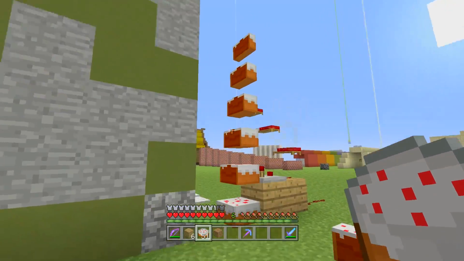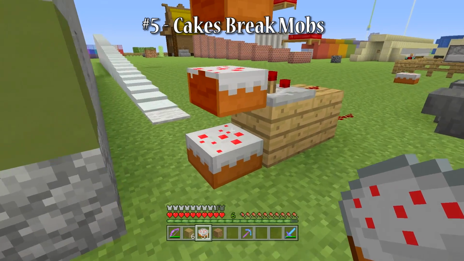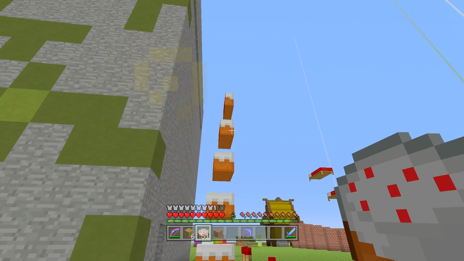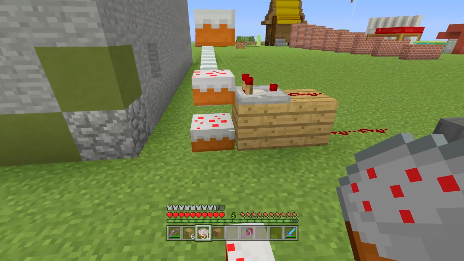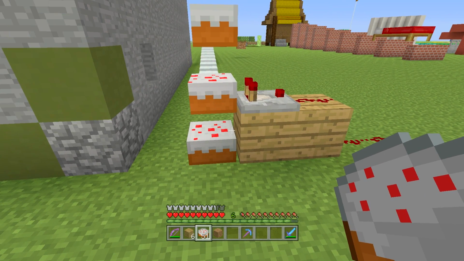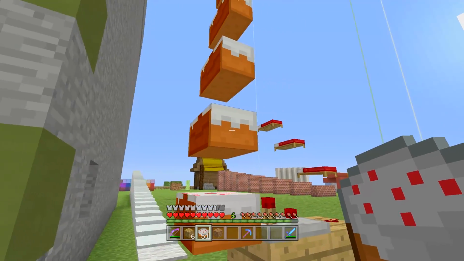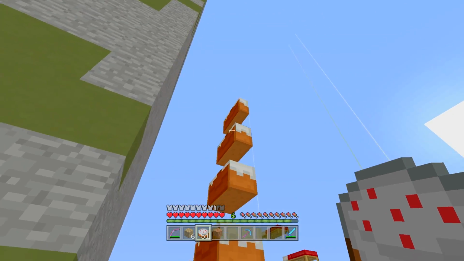But one of my favorite things you can use this for is if you eat 1 slice of cake extra as you go up, you can actually make a cake staircase, and it's the thinnest staircase you can make. So this is 6/8 of a block wide, or 7/8, you get what I'm saying there. This is 7/8 roughly. This is 5/6 of that, 4/6 of that, 3/6 of that, 2/6 of that, 1/6 of that,